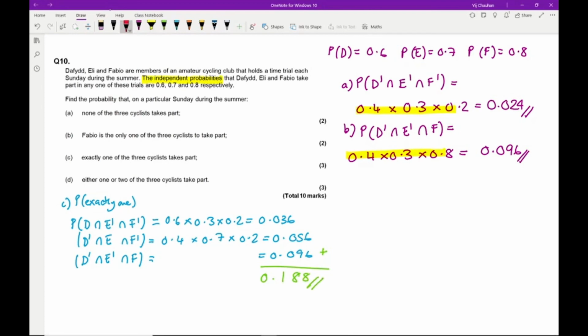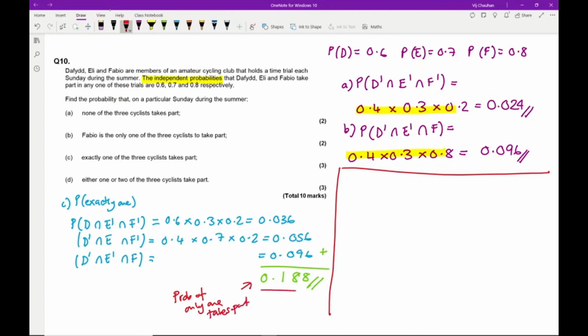Now moving on to D. D says either one or two of the three cyclists take part. So I've already worked out the probability of only one taking part, which is here. So the next thing I need to do is work out the probability of only two of them taking part. So the probability of two taking part is either going to be the probability of D and